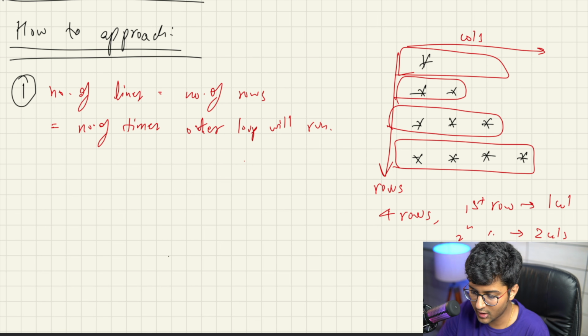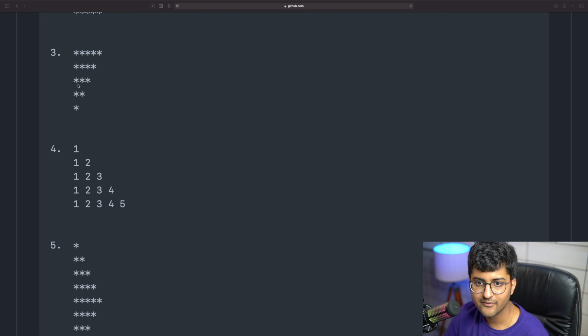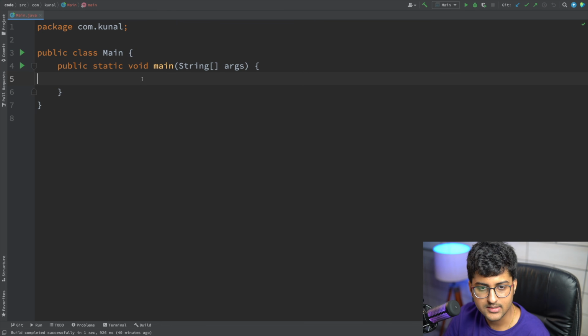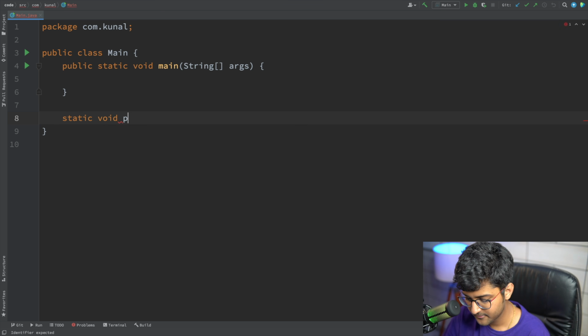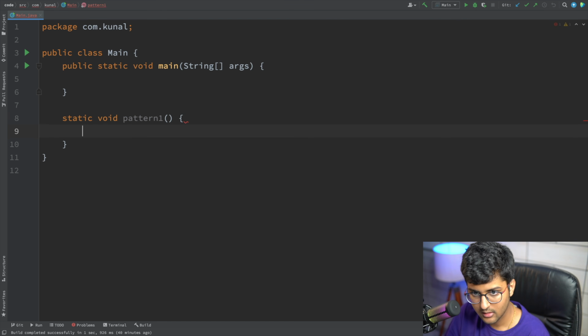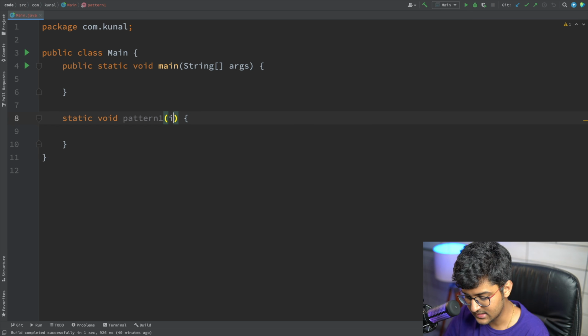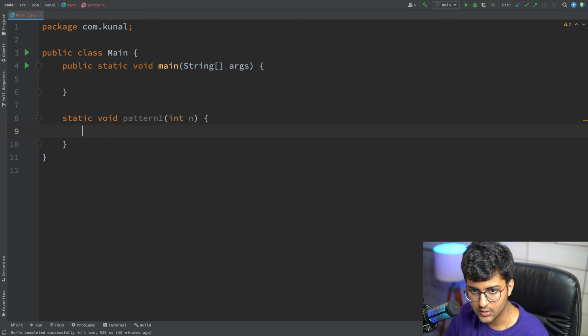Let's try to do it till now. If I go back over here and say, let's say pattern number 1, I say static void pattern 1 and I just pass an integer n. Let's say for n is equal to 4, I wanted to do the same pattern that I just wrote on a whiteboard.